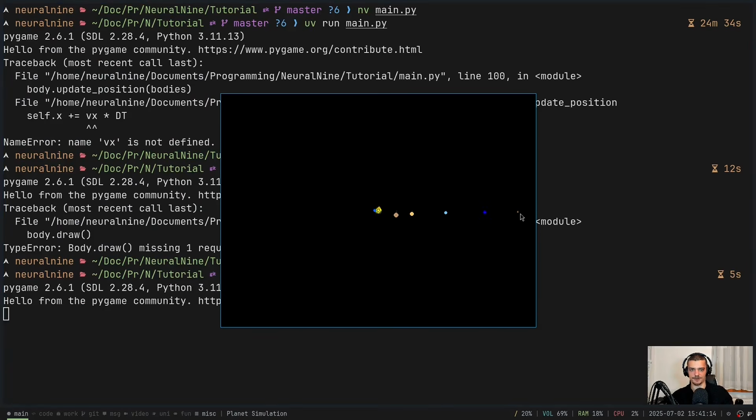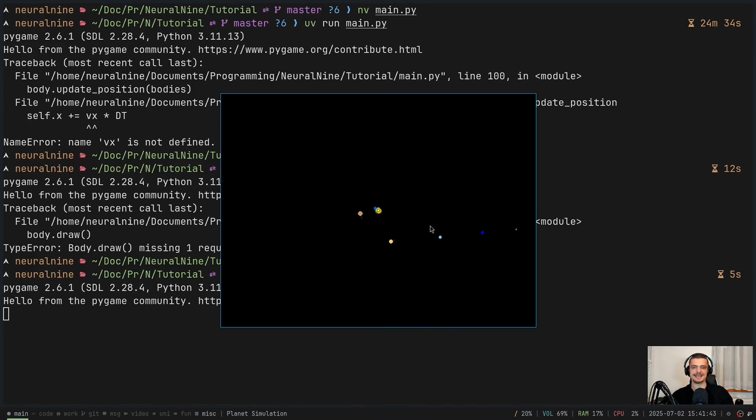So now we have a very slow orbit here for all the planets, as you can see. But if I press the Z key, you can see here Mercury, Venus, and Earth. We don't have the moon here. 3-body problem. I don't think this is going to be very useful if I add the moon here. But you can see the orbit here close up. If I press Z again, you can see how the other planets are slowly moving. Yeah. Of course, you can also speed up the simulation, but that is basically how we can simulate and visualize